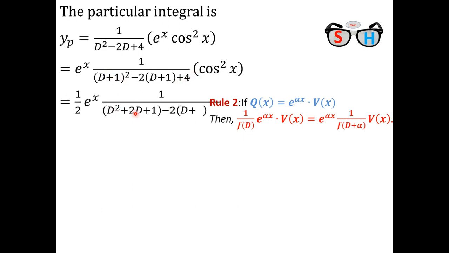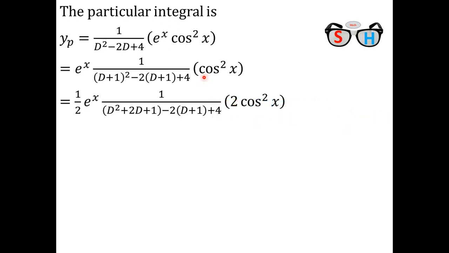This is simplification of that. Okay, here I just write down 2 cos square x. In that place here I multiply 2 and adjust 2 by dividing it. Okay, there e to the power x remains unchanged, and d plus 1 whole square means d square plus 2d plus 1, and this is that.